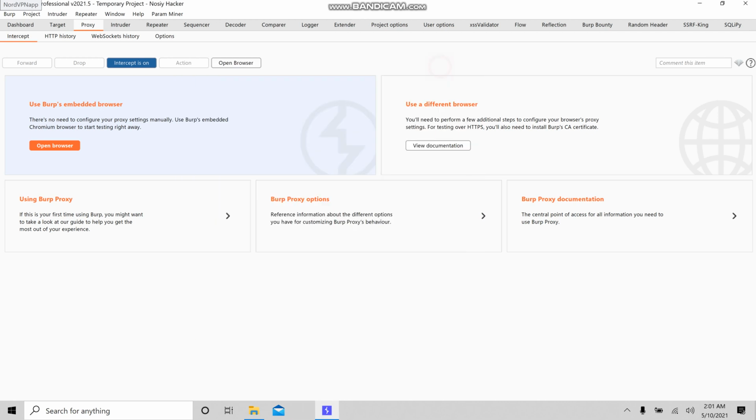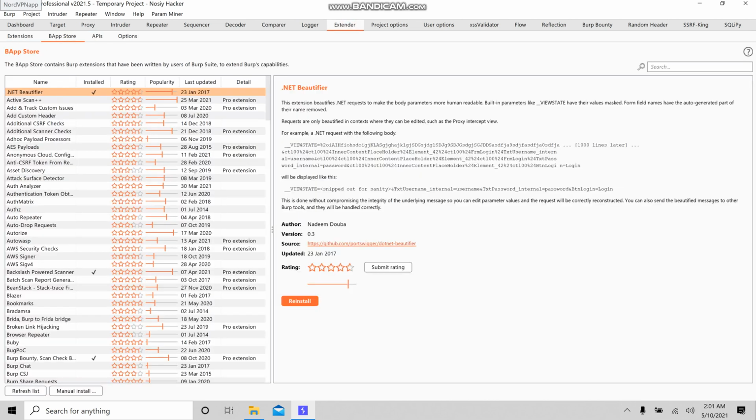Hey guys, in this video I'm going to show you how to integrate Sqlmap to the BurpSuite. For this we need two components. The first one is extender. Let's get to the BurpSuite and go to the extender tab and go to the BApp Store and let's check for